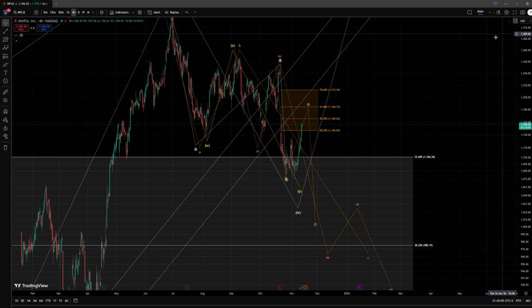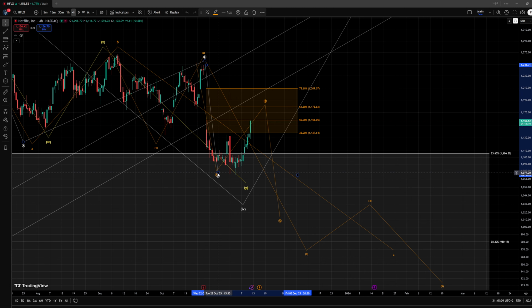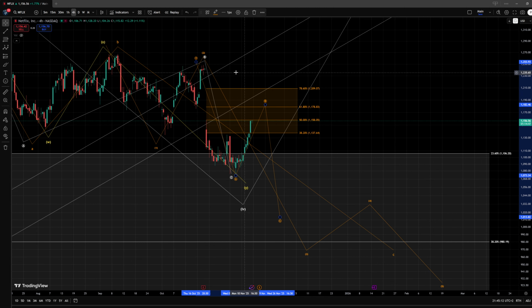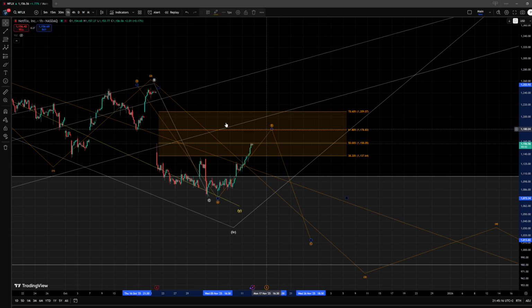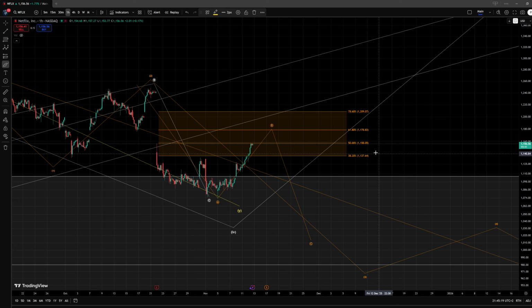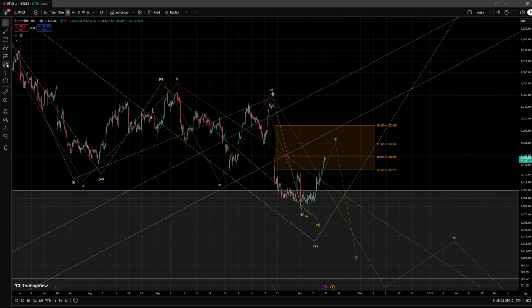And since we managed to form here this additional low within the wave A, we have reset it, we need to adjust the area of resistance for the wave B, and it is now between the $1,140 level all the way up to the $1,210 level at the 78.6% retracement, where if we manage to break the 78.6% retracement, already the probabilities of having formed a bottom within this wave 4 increase, but we need still